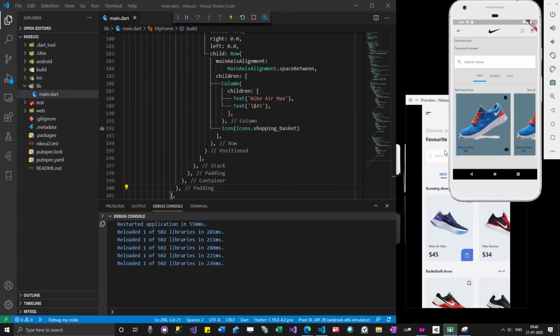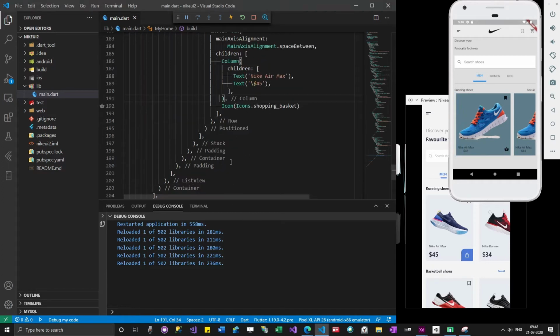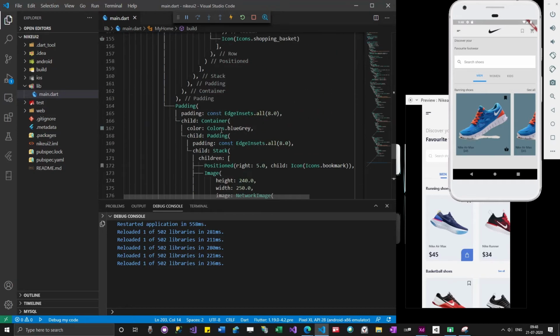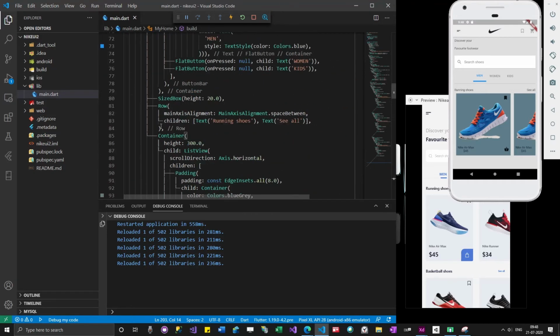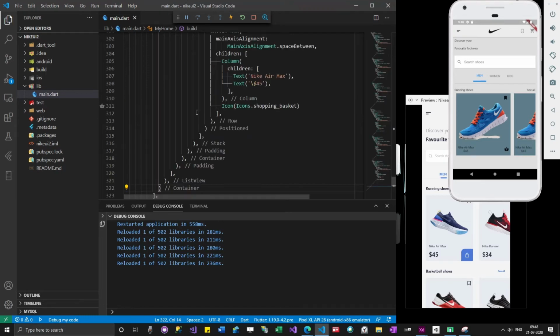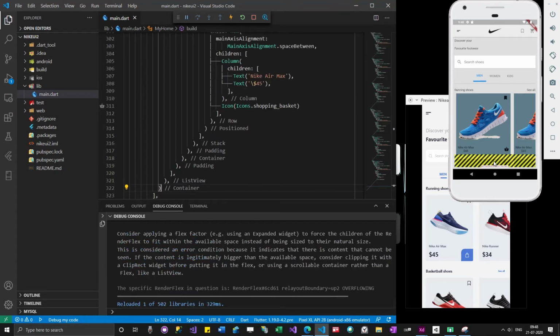we have achieved the images, and now we have to add one more list view. So I can go to this container which is having list view, and then I'm copying it below. So as soon as I add, you will see that there is an error. Guys, do you have any idea how to fix this error?